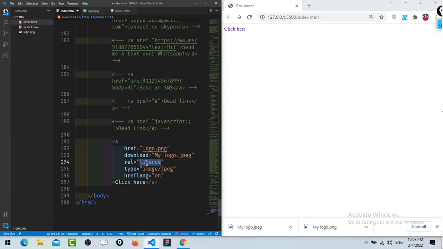If you're not able to remember all those things, you can watch my recorded videos whenever you want, and just note down what the possible values are that we can use in the relation attribute. So these are the attributes that we can use in the anchor tag. Fine. So I'm just going to copy,